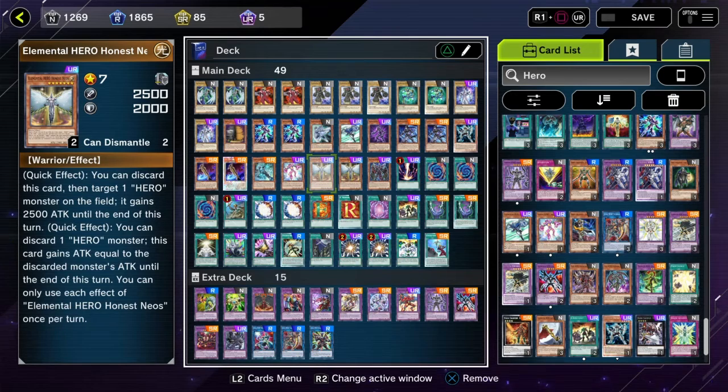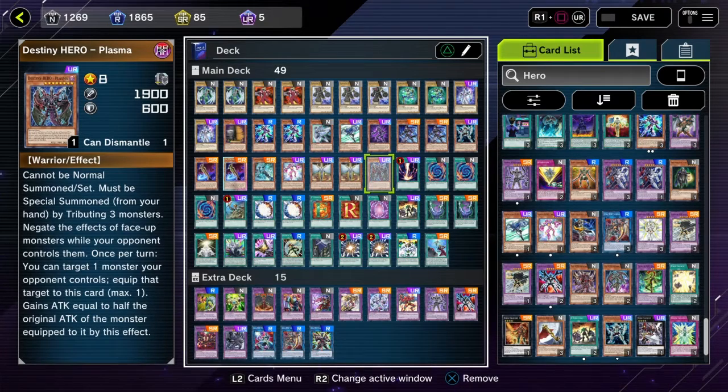I can discard him from my hand to target one hero monster on the field and give him 2,500 attack. And if he's on the field, I can discard one hero monster and he gains attack equal to that monster I just discarded. Then we got Destiny Hero Plasma. Sadly, I never really get to play him, but I can normal summon him by tributing 3